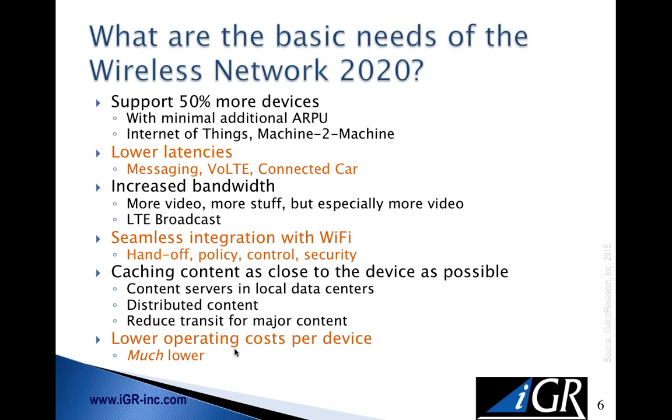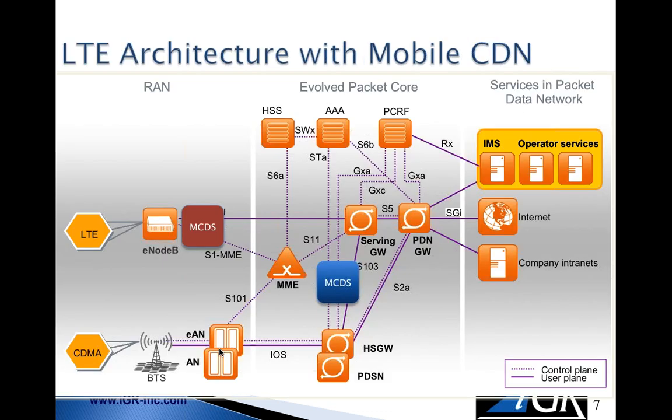And that brings us to the last one here, which is lower the operating costs, and I mean much lower. So today, the average revenue per user for a smartphone in the US is around $60, $65. Adding a connected car to the network, you're not going to be spending $65 a month. It's going to be a couple of dollars a month. So how can you as an operator make money on that type of application where the revenues are a few dollars a month, not tens or 20s of dollars a month? And that's the challenge. So really bringing down the cost here is really what everybody's on about.